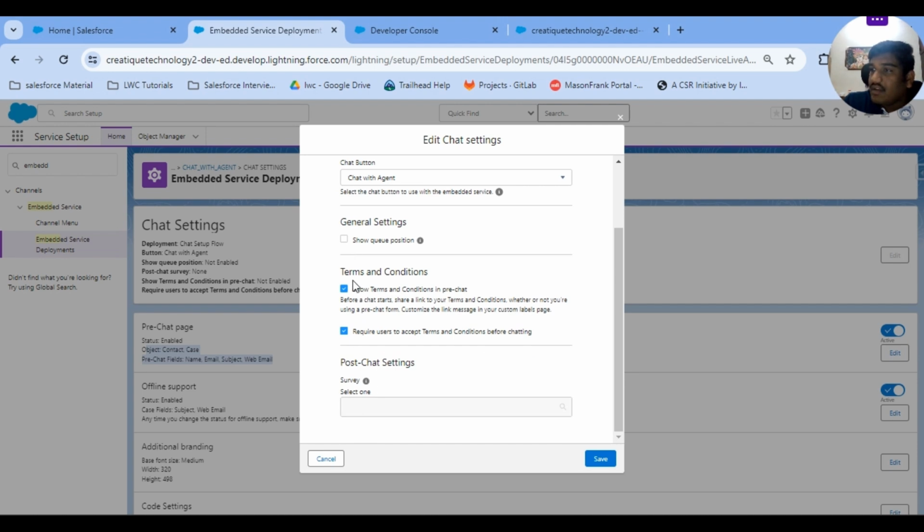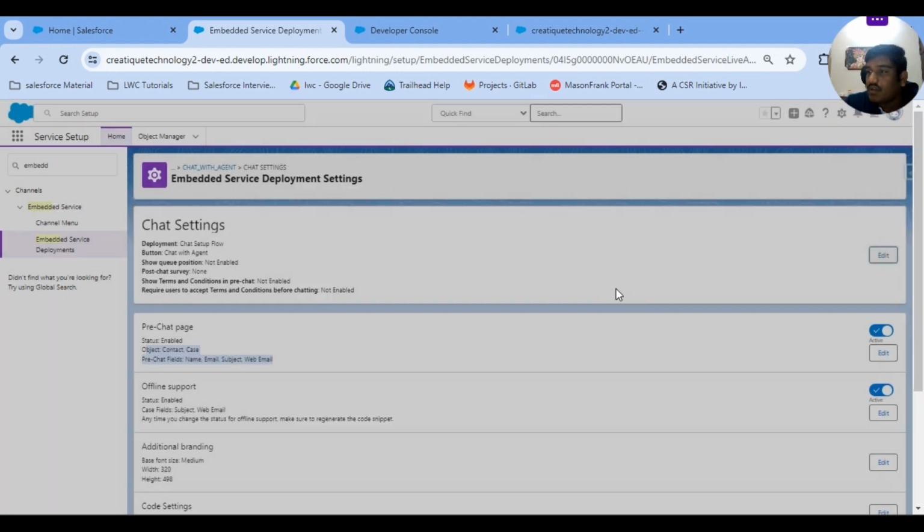this is very important. You have seen lots of times when you are searching any website, the terms and conditions and the other things. So you can also see. Just click on the save button, and